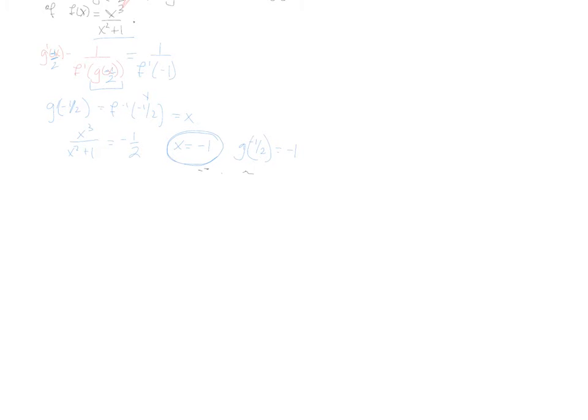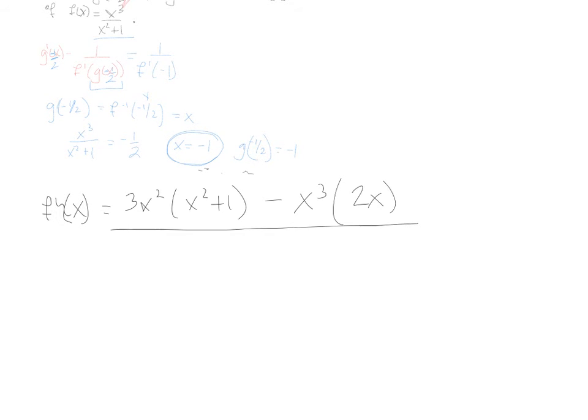So if f is x to the third over x squared plus 1, f prime is 3x squared times x squared plus 1, minus x to the third times 2x,